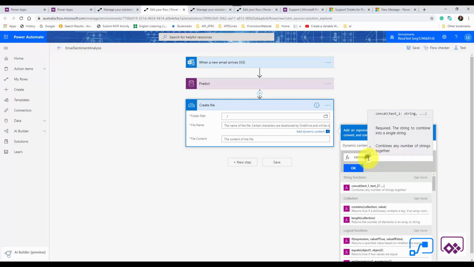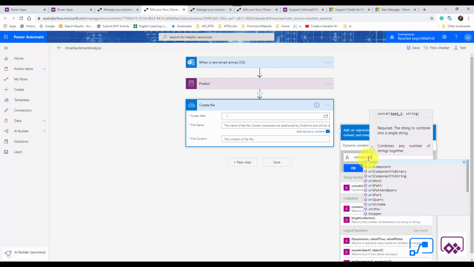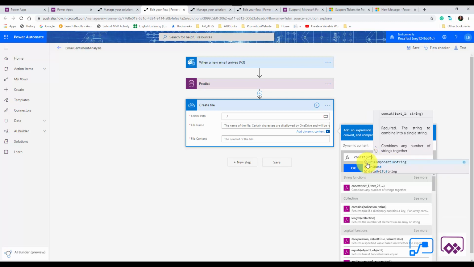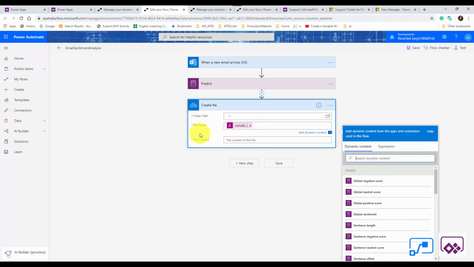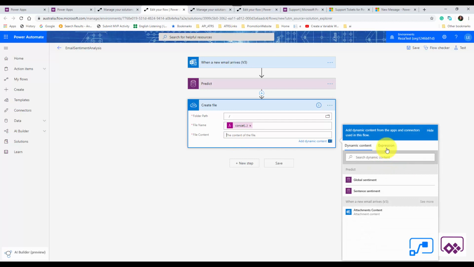I'm going to put a date and time for that file, so I use the UTC now function, and also I'm going to set the file type as text. So that's the file name. Now for the file content,